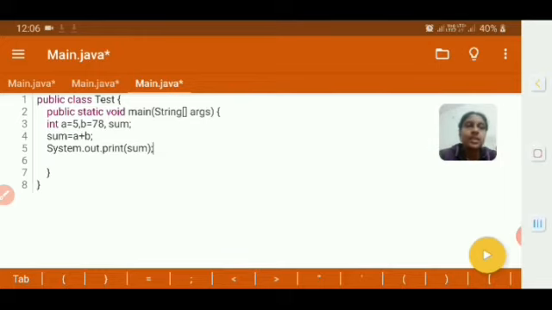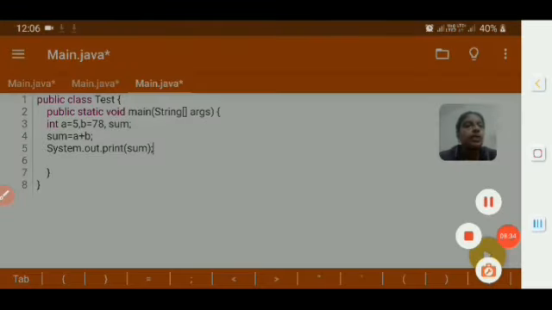Once again I repeat, the Java program's initial representation will be import java.io.*. Since it's a pre-built app, we are not declaring it. In an original system when you run, we have to give import java.io.*, then comes public class, the class name, then open a parenthesis, then comes public static void main, open a bracket, String args, then once again open a parenthesis, give the statement, close the parenthesis once and close the parenthesis one more time. This is how we write our Java program. Any Java program structure will be like this.